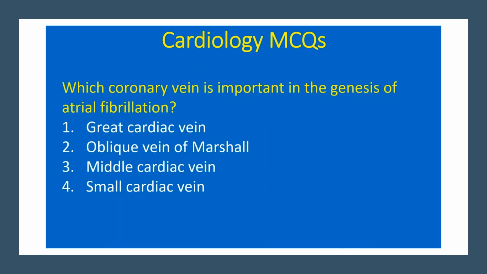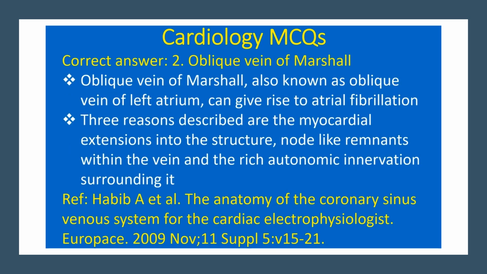stenosis. Which coronary vein is important in the genesis of atrial fibrillation? 1. Great cardiac vein, 2. Oblique vein of Marshall, 3. Middle cardiac vein, 4. Small cardiac vein. Correct answer 2. Oblique vein of Marshall. Oblique vein of Marshall, also known as oblique vein of left atrium, can give rise to atrial fibrillation. 3 reasons described are the myocardial extensions into the structure, node-like remnants within the vein, and the rich autonomic innervation